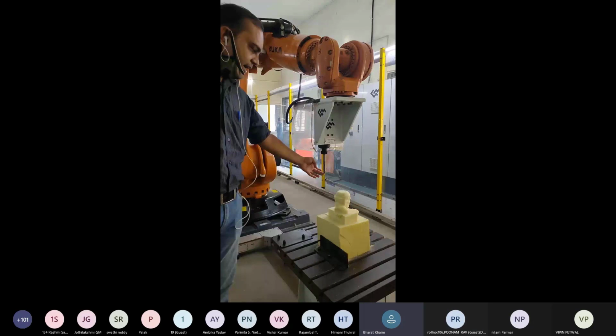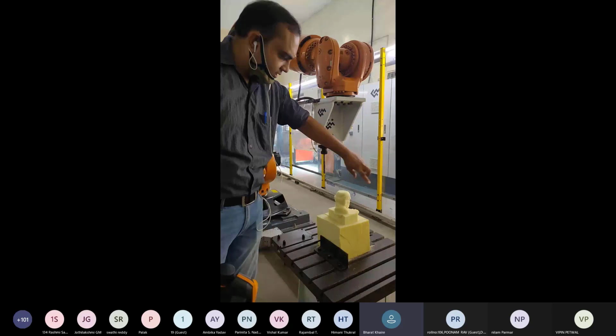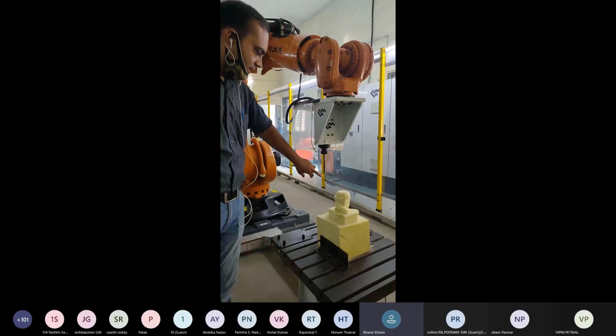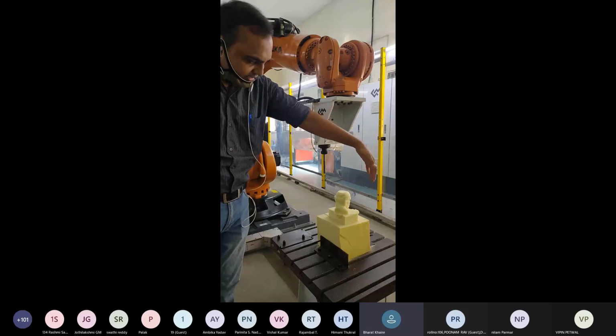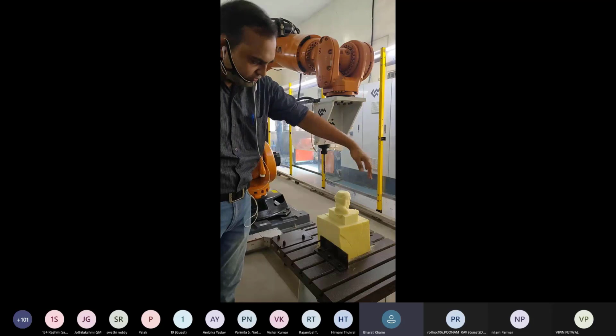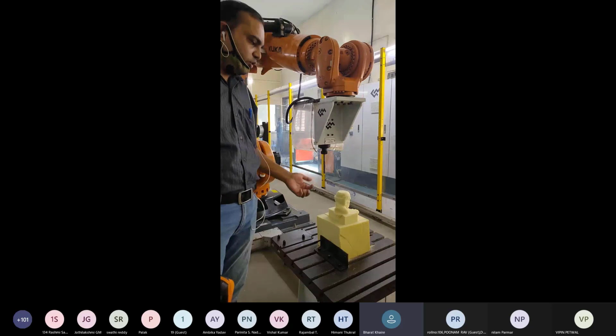In one line we cannot make a full circle, so we divide the circle into semicircles. First we will make a half circle, then another half circle, and then we can make a full circle. In the circular command, this is a start point, and after the arc there will be an end point of the semicircle. We must use one auxiliary point in the middle of this half circle.